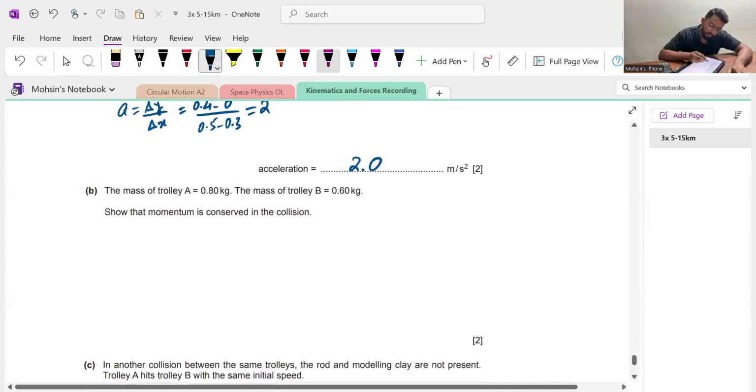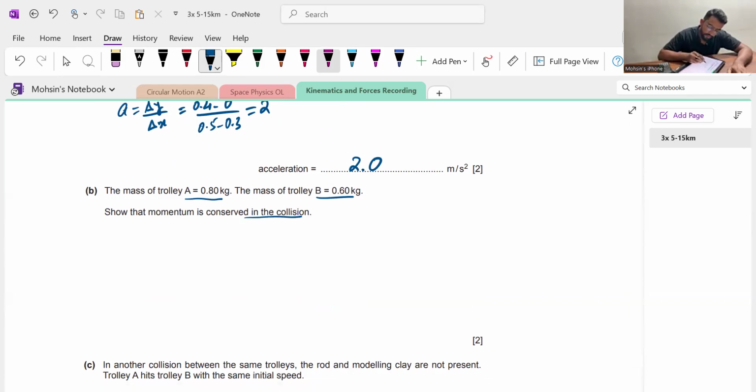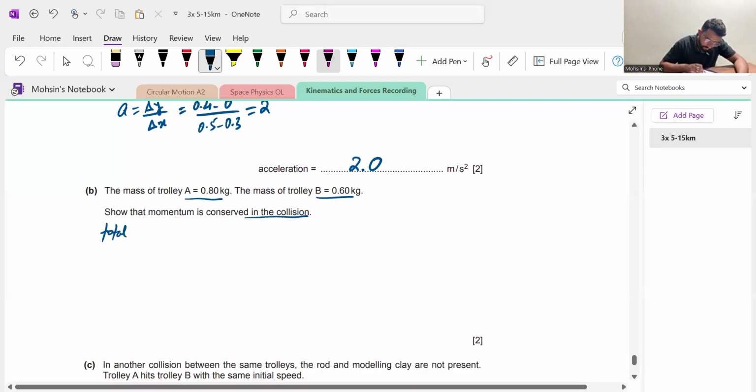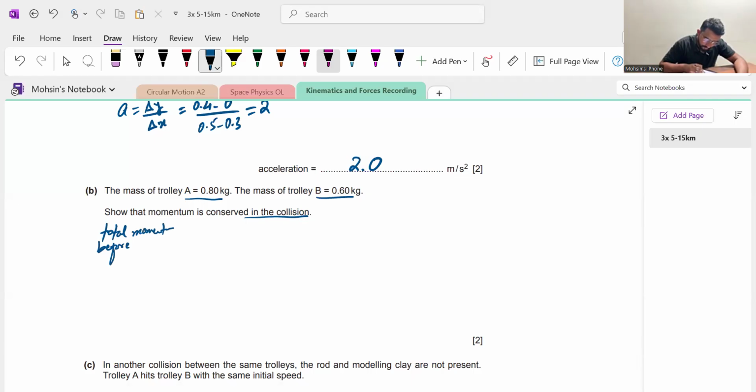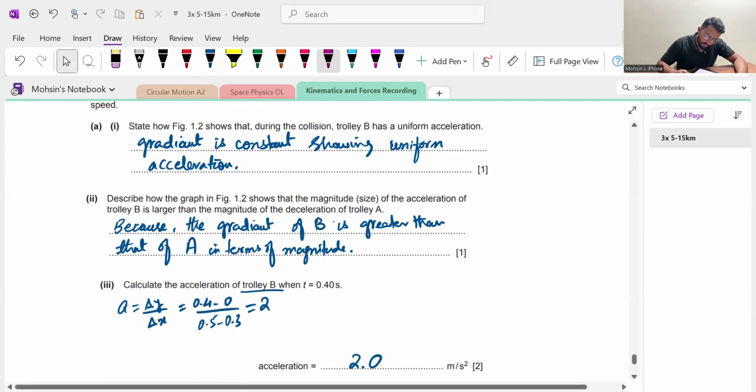The mass of trolley A is 0.80 and the mass of trolley B is 0.60. Show that momentum is conserved in the collision. Law of conservation of momentum: total momentum before collision should be equal to total momentum after collision. So, total momentum before collision is